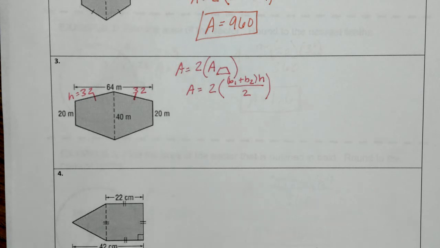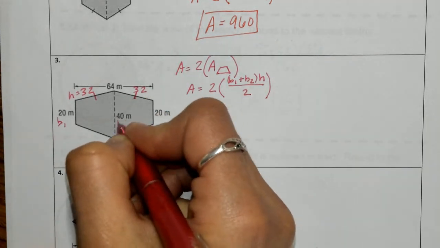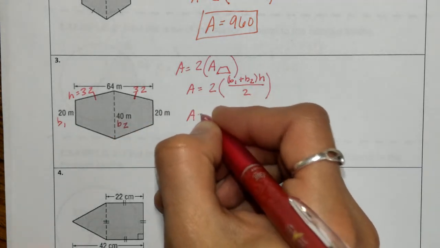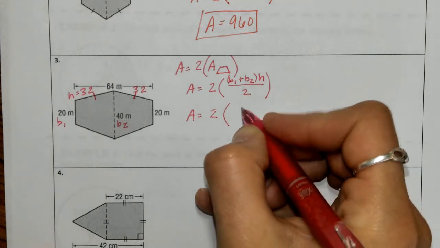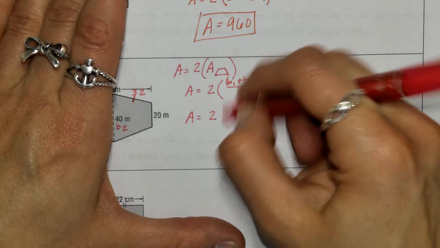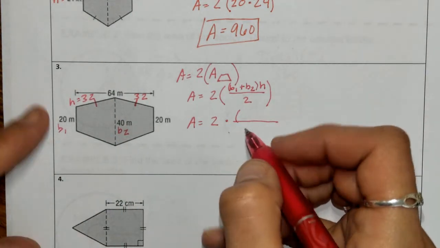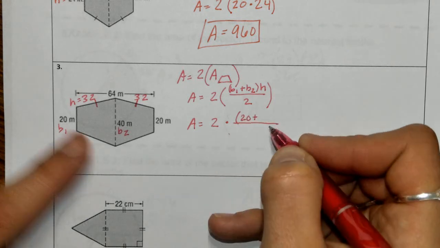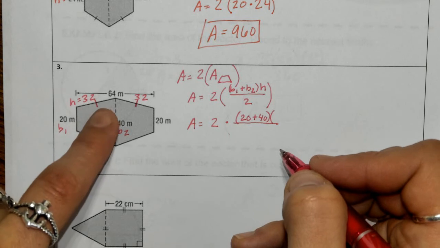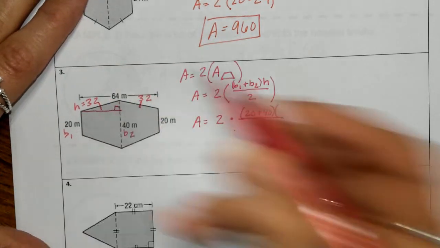Take it a little at a time. We need to remember our base 1 and our base 2, both going to be exactly the same. So let's slowly plug everything in. 2 times, up top, this could probably look a little cleaner if we just do a multiplication symbol right here. 2 times, so we're going to have a lot of parentheses, base 1, 20, plus base 2, 40, times the height, which we found out is right here. This will be our height, 32,